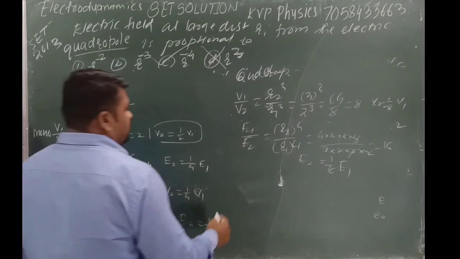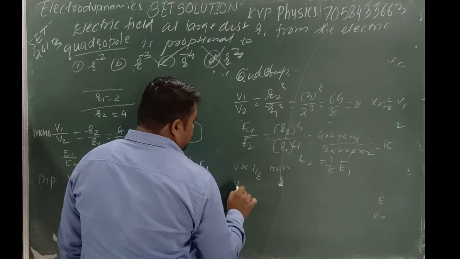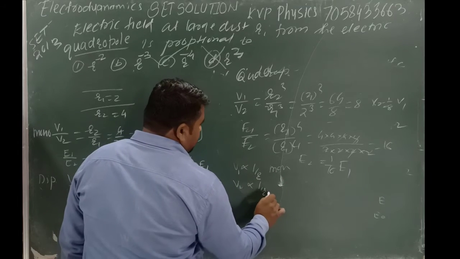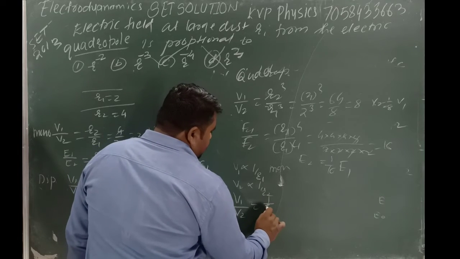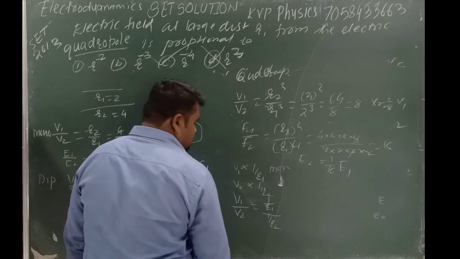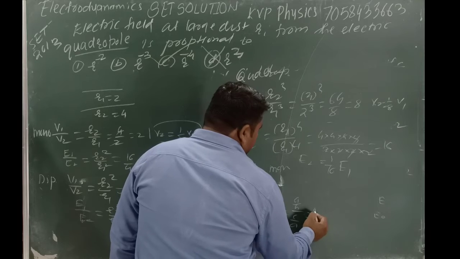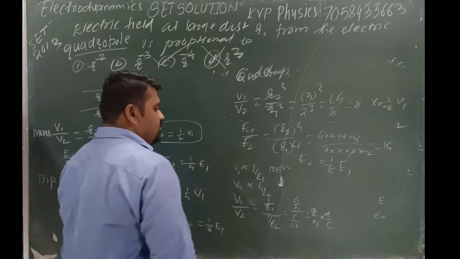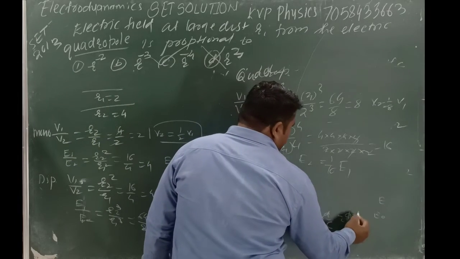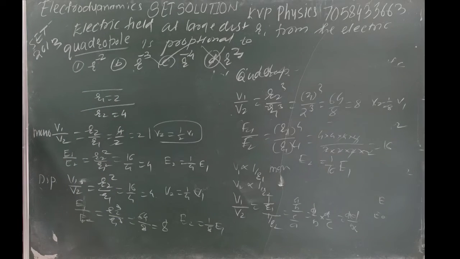Here potential is directly proportional to 1/R. Okay, for monopole, V2 is equal to how much then? Again 1/R2, and take the ratio: V1 upon V2 is equal to 1 upon R1 divided by 1 upon R2. Means A upon B, C upon D can be written as A upon B into D upon C. Got it? Means this is simply AD upon BC. This type of question is sometimes asked in the exam, for electric monopole, dipole, quadrupole.